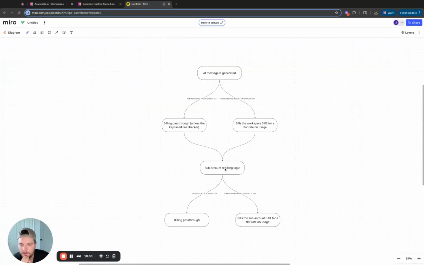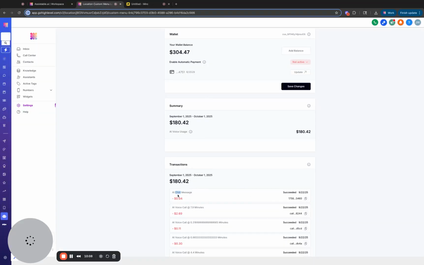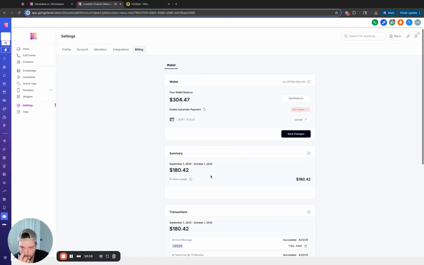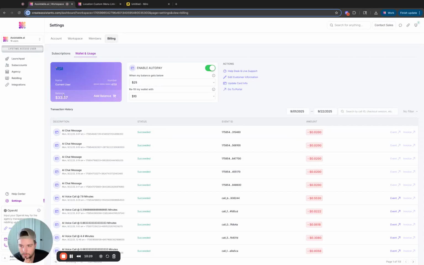And then I do have rebilling turned on for the sub account that sent the message, and I do have their per chat message sent at 4 cents. Or we can see this transaction here at 4 cents. Now this bills down the wallet 4 cents, so the next message that comes through, for example, would bring this to 43, right? And the same thing here, this will bring this down to 53, and they would bill down